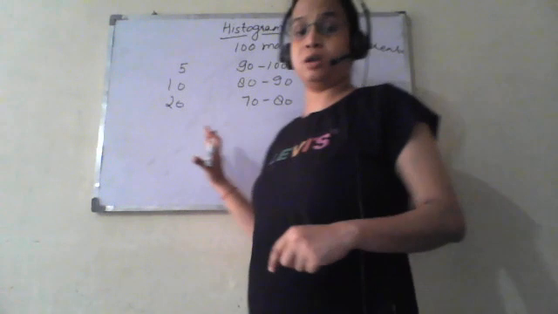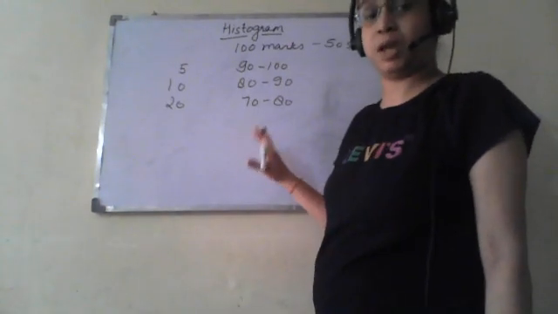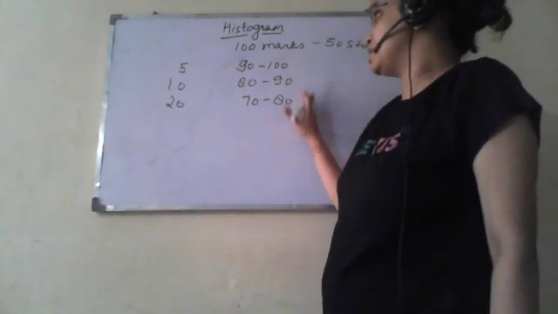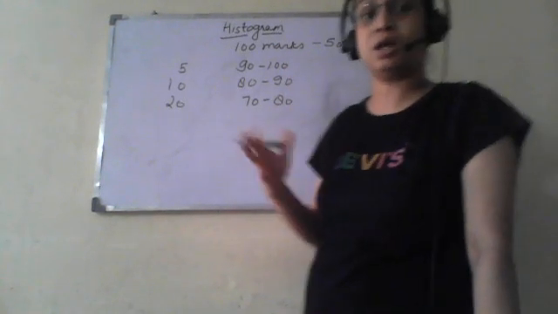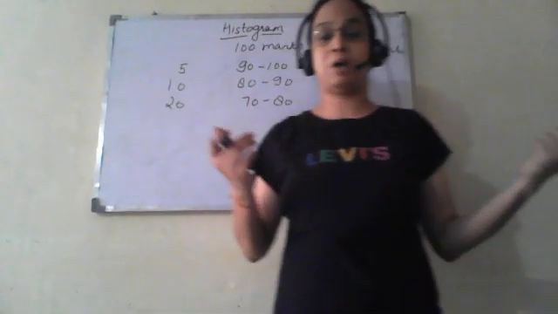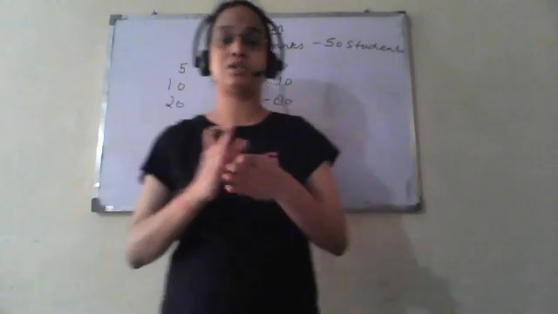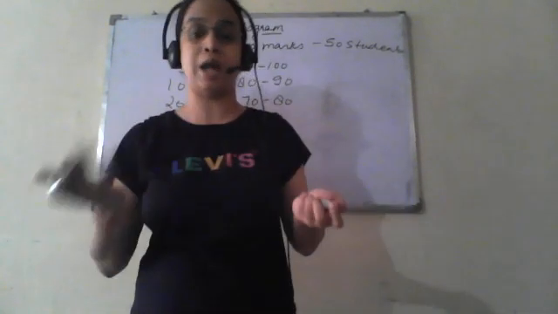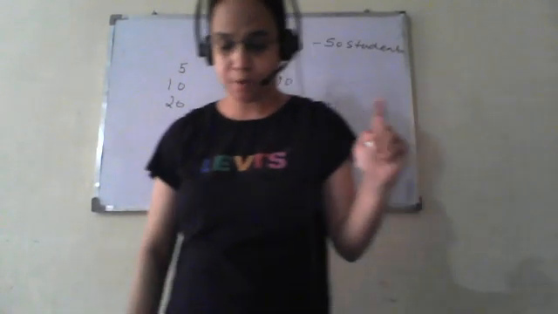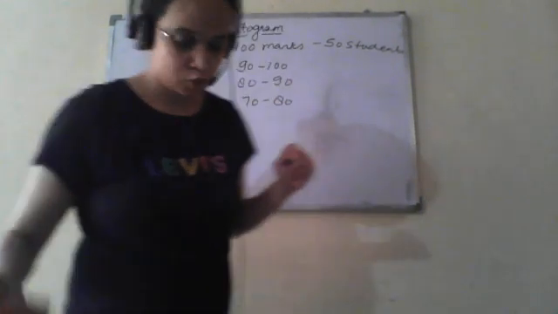So there we use the histogram to make the comparison easier, because in this we mention the range. Between 90 to 100 marks there are 5 students, or 70 to 80 marks there are 20 students, and likewise. So basically it is used to compare the things. Now we will have an example like in NCERT page 233.